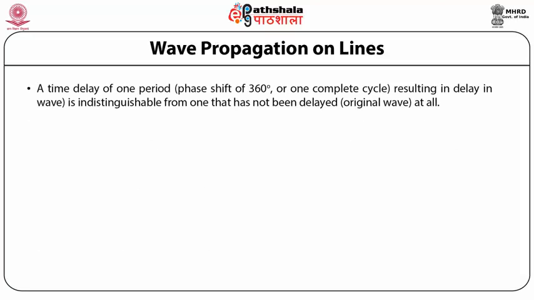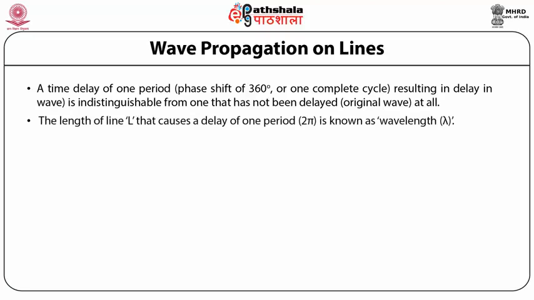A time delay of one period, that is, a phase shift of 360 degrees or one complete cycle, is indistinguishable from a wave that has not been delayed at all. So the phase of the incident wave increases with increase in z in the line. The length of the line L that causes a delay